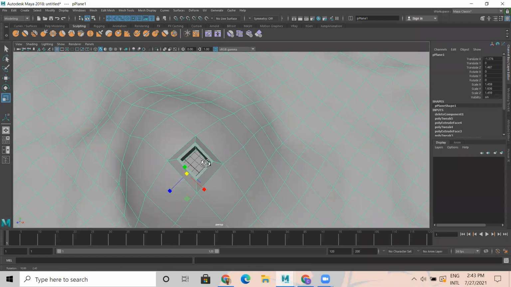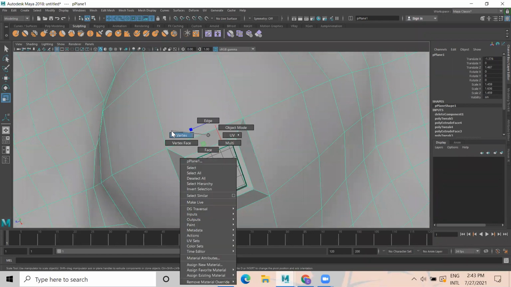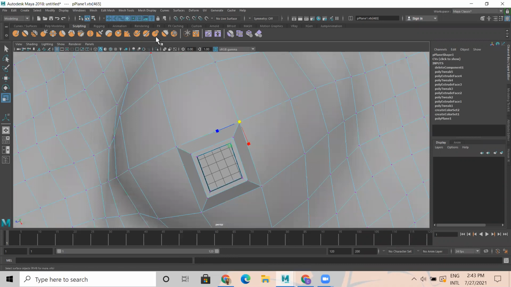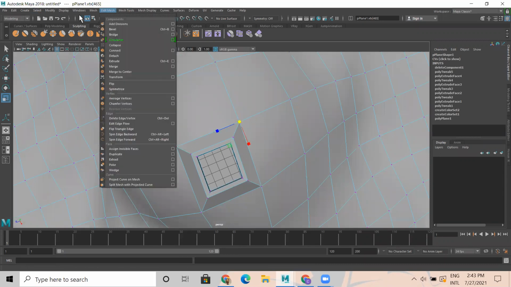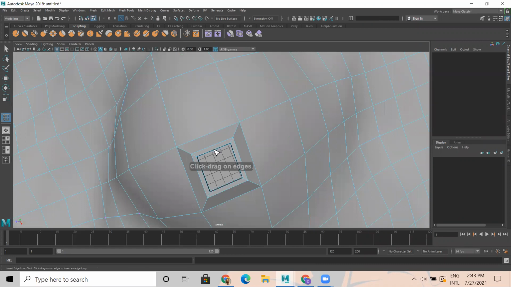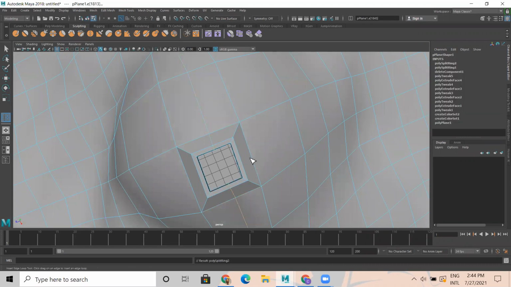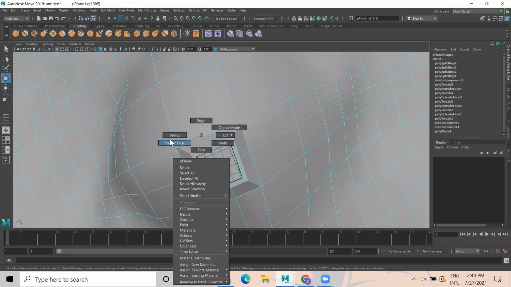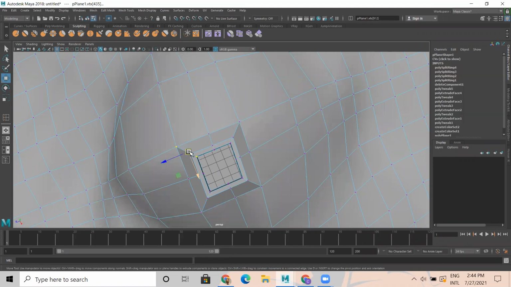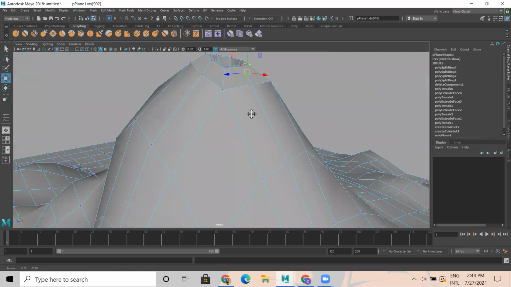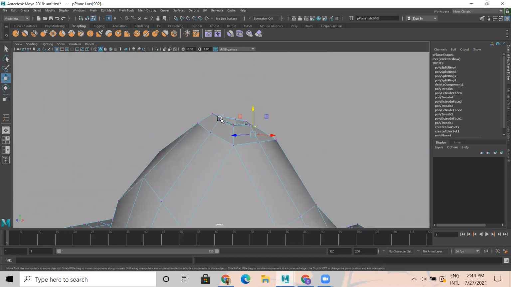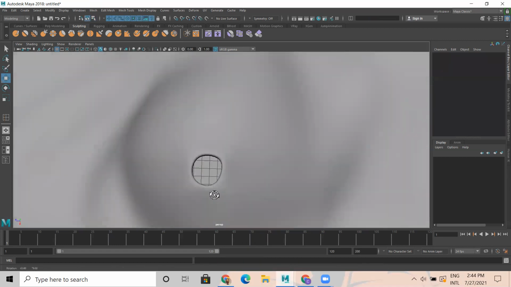Okay. And I would like to manipulate it a bit. Or else I can add some extra mesh. One loop here, here, then here, then here. Something like this.